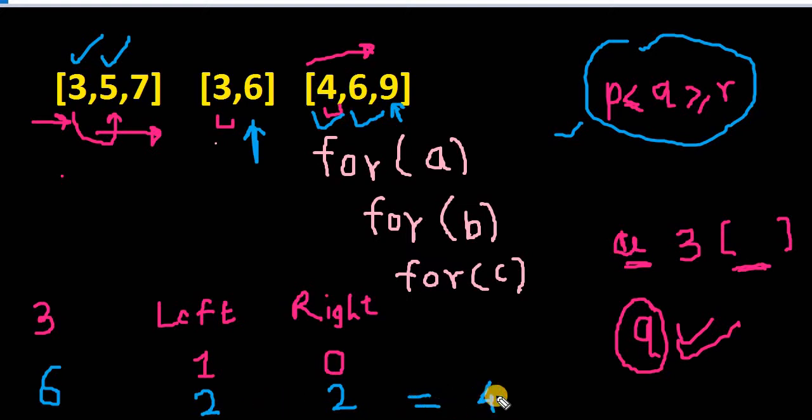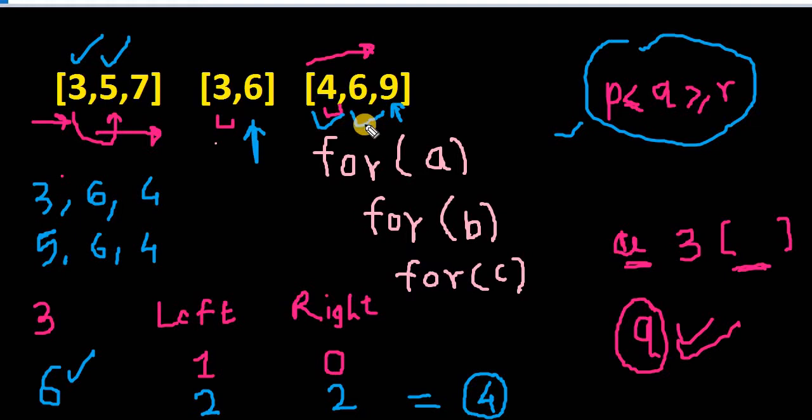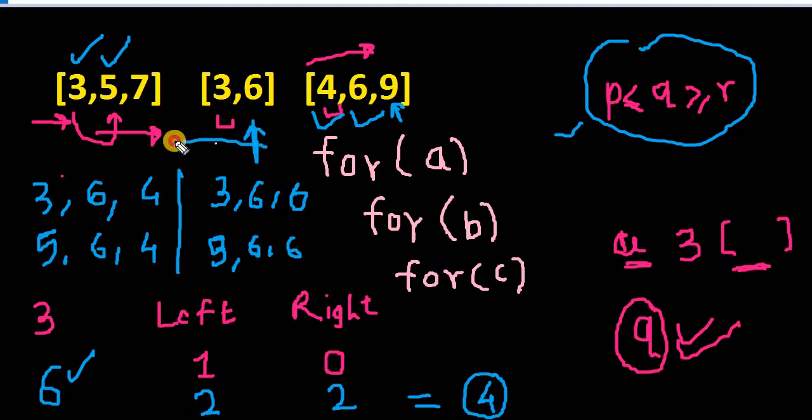And yes, the answer is again: the total number of distinct pairs possible is 4. If you see, the number of pairs will be for 6 only, so that will be 3, 6, with 6 as a middle element. So we can have a 4 here. We can have the second element as a 5, 6, 4, and again 2 more pairs, which will be 3 and one more 5, 6 and 6. So these are the 4 pairs which we were to find.